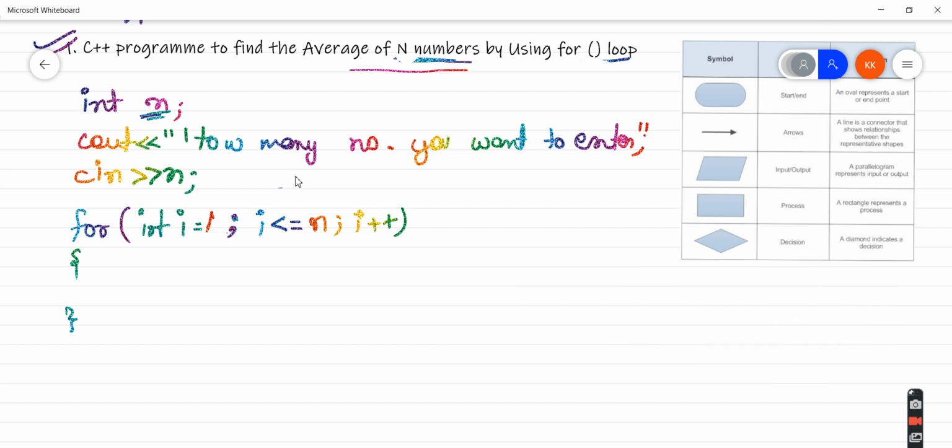Okay. Now my next task is to take the input from the user. So I will create a variable called number, so that I can ask the user to enter some number and then take the value of this, right? cout, enter your number.